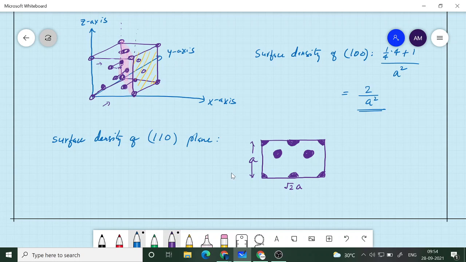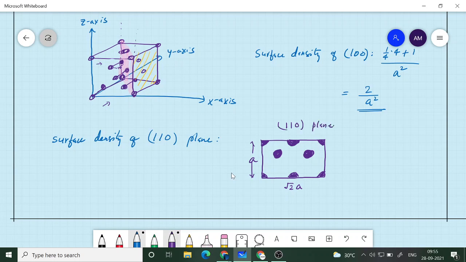And similarly there is also the one which is coming from the bottom, so that will also go beyond this plane, so they will not be counted. So out of the 4 associated with the second FCC lattice, only 2 of them will come in this 110 plane. So what I am showing is the 110 plane.